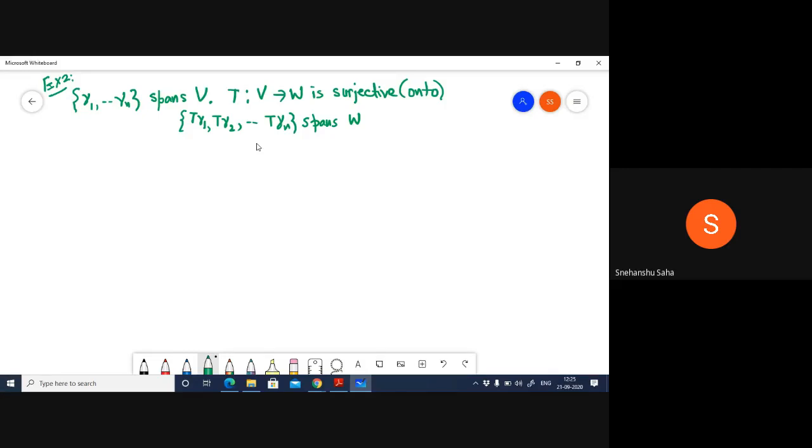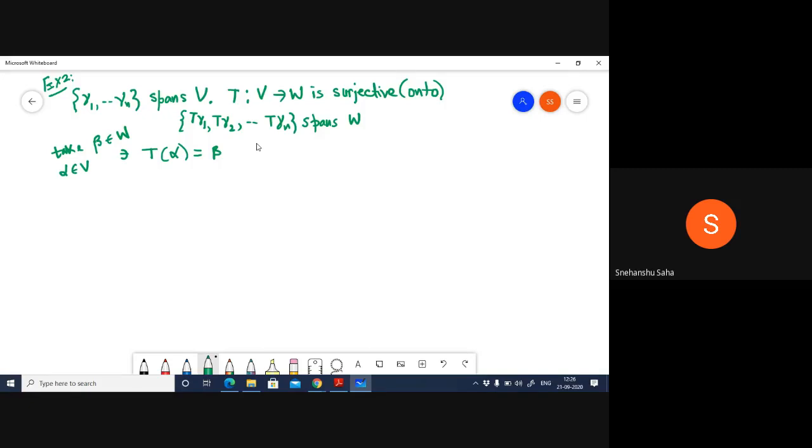So what we can do is take some vector in W, and some vector in V. So you take some vector beta in W such that, for some vector alpha in the vector space V, you have this relation, T of alpha equals beta. This works because T is a surjective mapping, so T is onto, so this has to hold, correct? Okay, now there is this alpha which is in V.